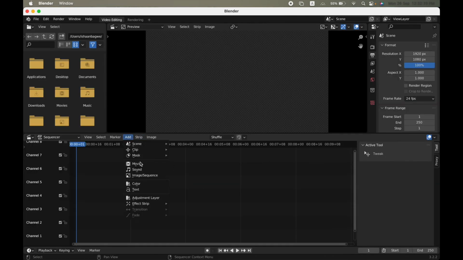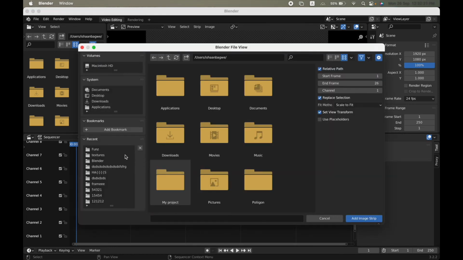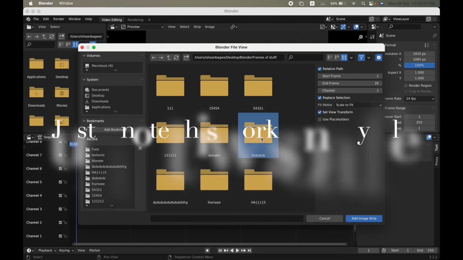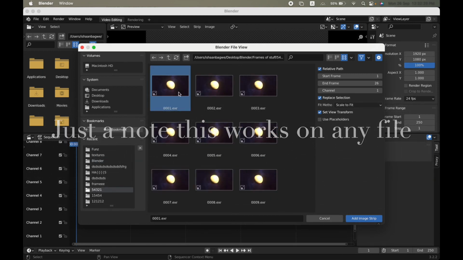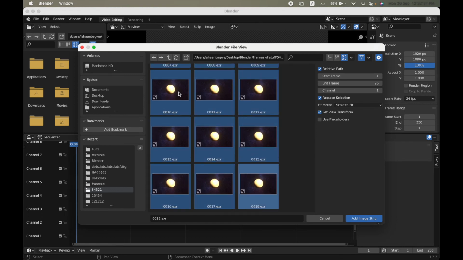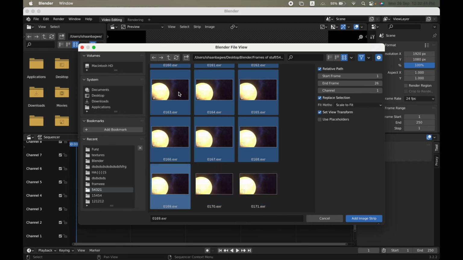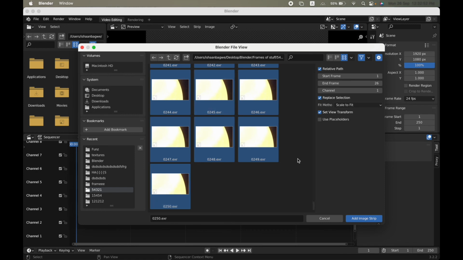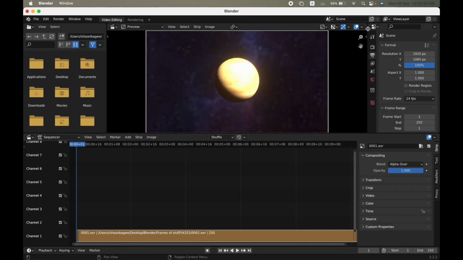Then you can add image sequence, go to Blender again, frames of stuff, and we can just select all these frames like this, just shift and click the right arrow, and you will slowly select everything like I'm doing right now. And after you select all the frames, click add image strip, then immediately go here,